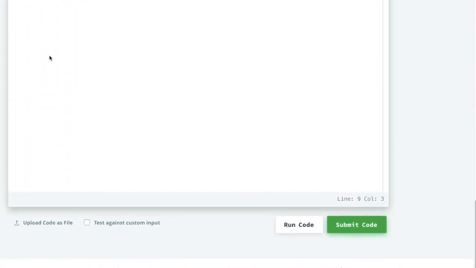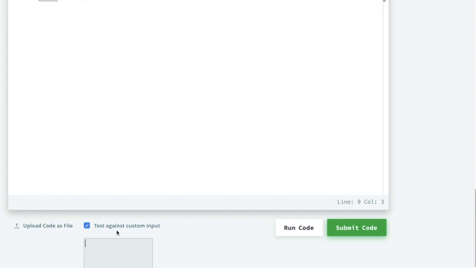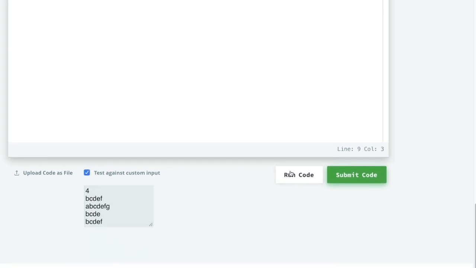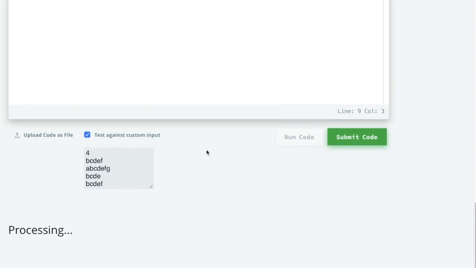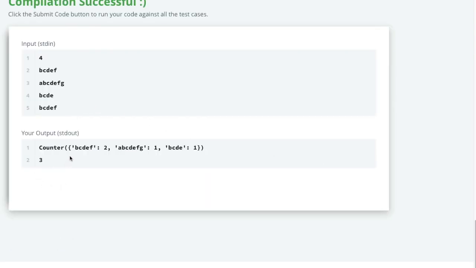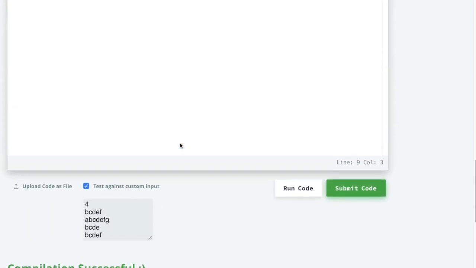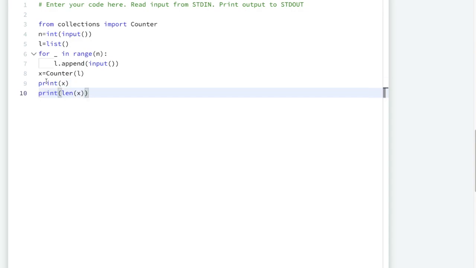Let us check with a custom input. You can see here we have got the counter value. The occurrence of this string is twice, for this the occurrence is 1, and for this the occurrence is 1, and we have calculated the length of this counter, which is 3. So we are done with the unique words. This is working.